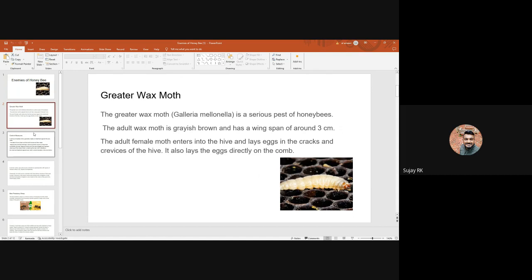कोम्स के बीच में वो अंडा डाला तो उस जगह पर हनी का प्रोडक्शन नहीं हो सकता, क्योंकि वहाँ जगह नहीं होती। तो इसकी वजह से हनी का भी प्रोडक्शन कम हो जाता है, और हनी बीज को वहाँ जगह नहीं मिली तो वो कॉलोनीज वीक भी हो सकती हैं। ठीक है।